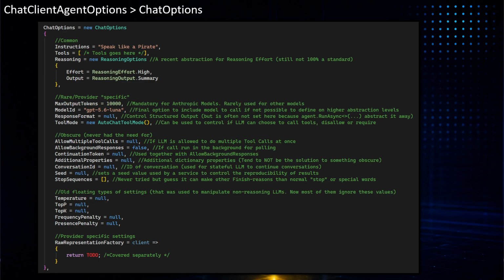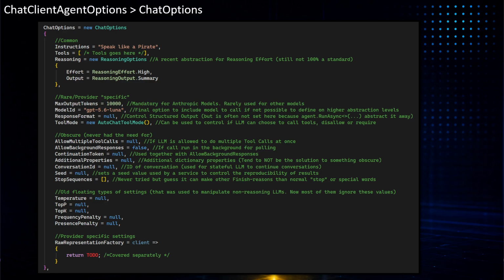The final one is something called Raw Representation Factory. And Raw Representation Factory is just an object here where you can give the provider level settings that you need, for example, for Google or OpenAI and so on.